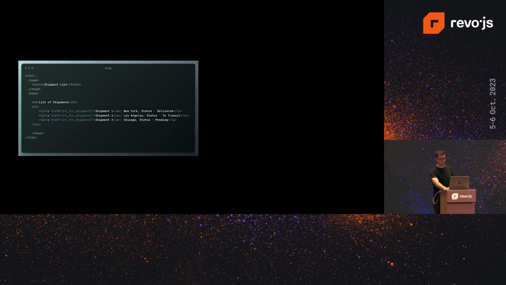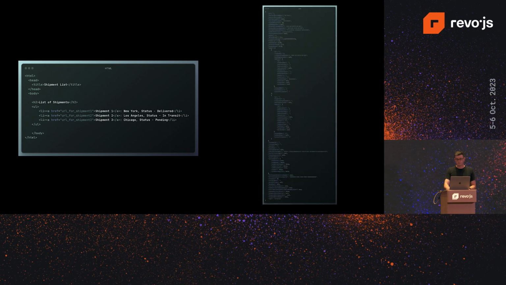So in terms of how this would look, the first example is, for example, the list of shipments for an HTML page. And then the example here on the right would be maybe the data that you need to generate this HTML. So the point I'm trying to make here is that maybe you don't need to call your API straight from the front end. Maybe the server can deal with that. The server is closer to your database. It's going to be much faster. If it needs to make multiple requests, the requests are going to be faster. So just cache the HTML and use server-side rendering where possible.